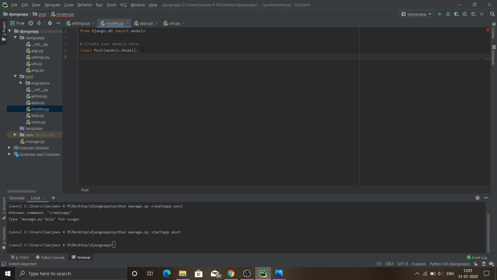Here we are going to use three different types of fields provided by Django models: character field, text field, datetime field. Character field is for post's title and author, text field for post's content, and datetime field to store date. All these fields are passed as an attribute to this post model.